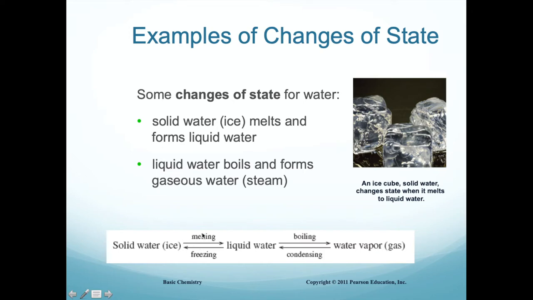So when a solid becomes a liquid, we call that melting. When a liquid goes to a solid, we call that freezing, right? Again, probably pretty common words you've heard associated with ice and water. Likewise, when a liquid goes to a gas, we call that boiling, or evaporation. And when a gas becomes a liquid, we call that condensation. Now, quick note here for those of you who haven't heard these phrases before,